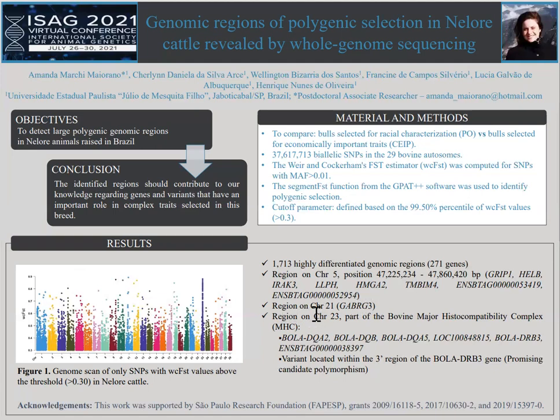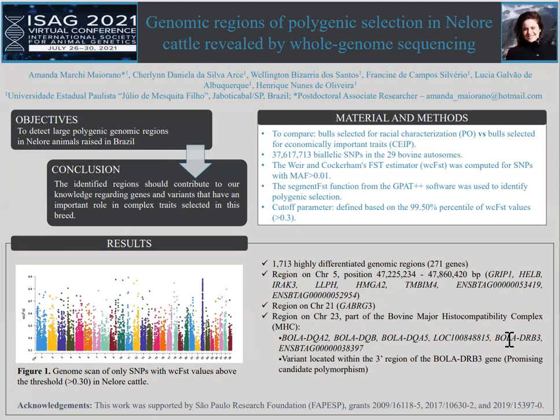And also the region on chromosome 23. It was important that this region was identified in our study because this is a highly polymorphic region in cattle. This is part of the bovine MHC. And this region that we found on chromosome 23 encompasses